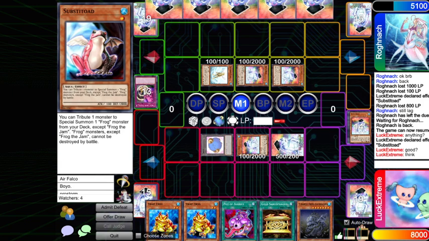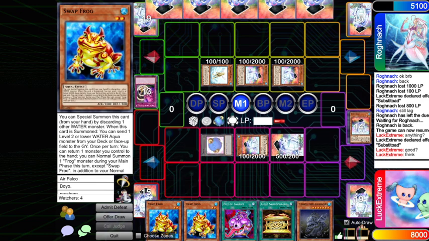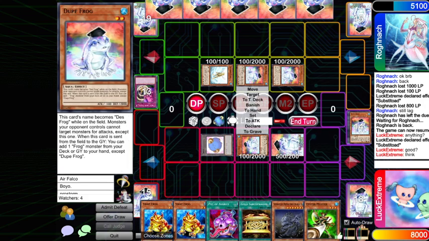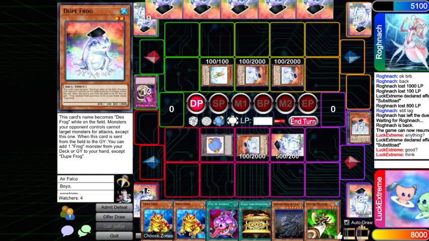But I hope you guys can start to understand why just knowing exactly what you can do in all these situations is going to be really useful for you. In fact, like integral to playing the deck. Okay, so he just passes here. I draw another oyster, which is not great, but